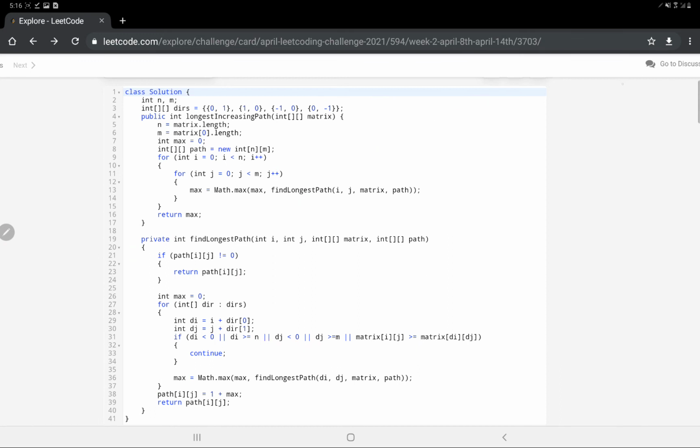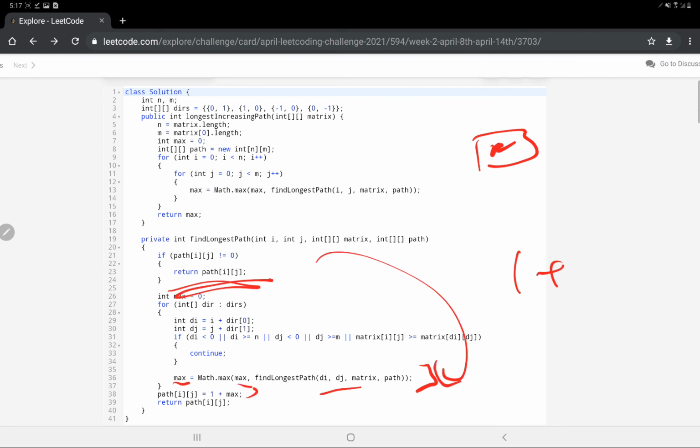Now let's see further what we are doing here. We're going to find the maximum path again, and the value would be 1 plus the path we get. 1 plus, because when we are at that point, we take it as a singular path, since this point is also part of the path, and it is of length 1. I hope that's clear as well. It will find the path again, because the point is valid, so it will go and compute. If it's computed, it will simply return the value over here, calculate the maximum, and store that value for that path.